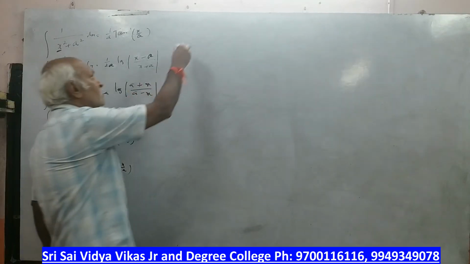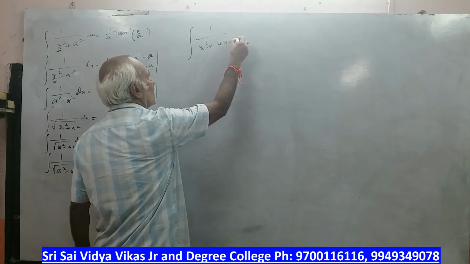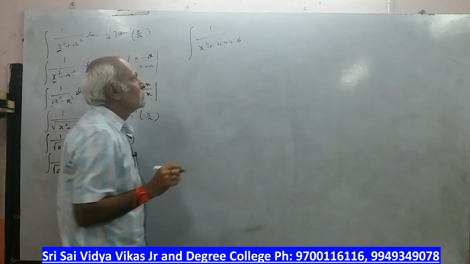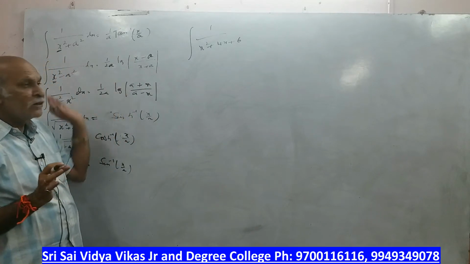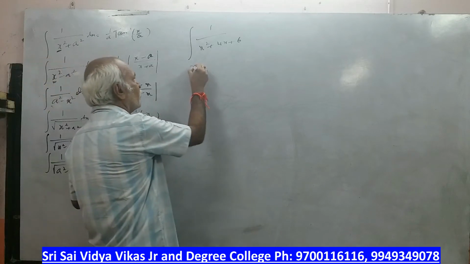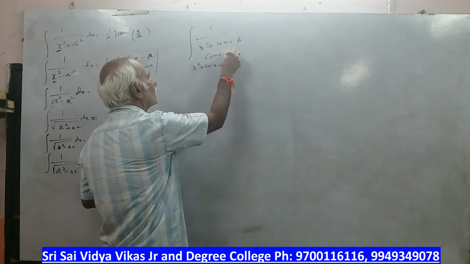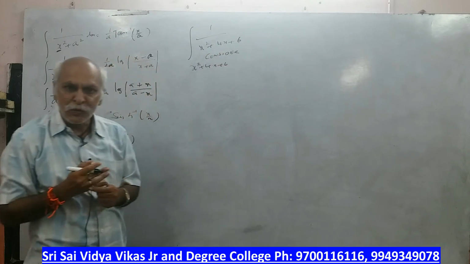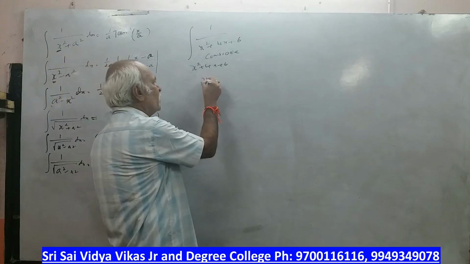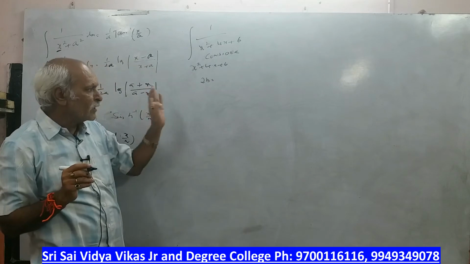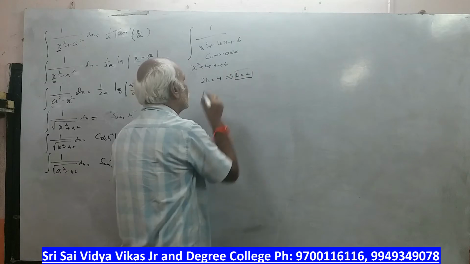Now from here please understand here. So 1 by x square plus 4x plus 6. Now we have to convert into these standards. Look at the problem here. First, consider x square plus 4x plus 6. Now look at the steps here. Always the x coefficient I consider as 2b. What is the x coefficient here? 4. So what is the b value? 2.